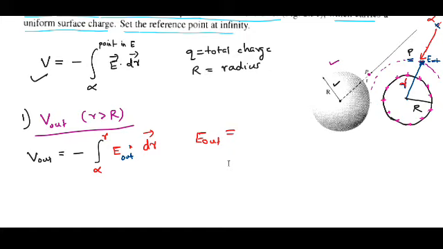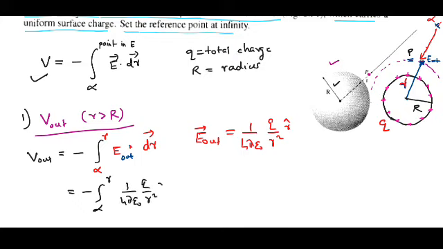If the total charge contained is Q, then the electric field outside is given by 1 by 4 pi epsilon 0 Q divided by r square. Just to substitute here, this will be from infinity to the point r, 1 by 4 pi epsilon 0 Q divided by r square, r cap dot,